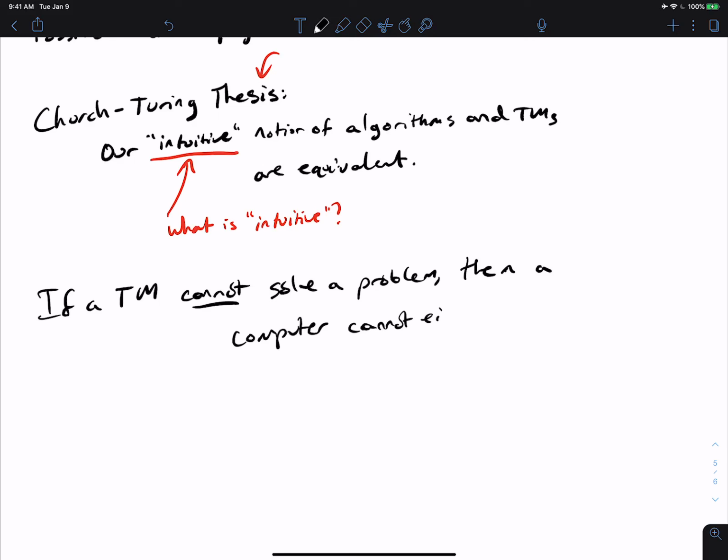Because we're accepting the Church Turing Thesis as truth, and because computers are equivalent to Turing machines, we will essentially say that a computer can't solve that same problem either. And that's what we're going to